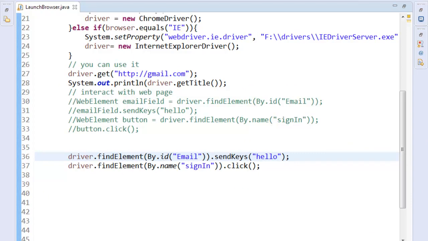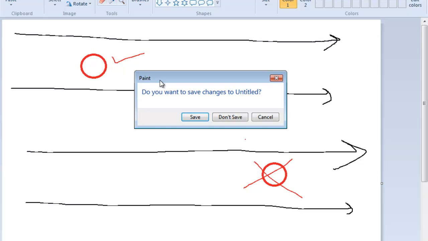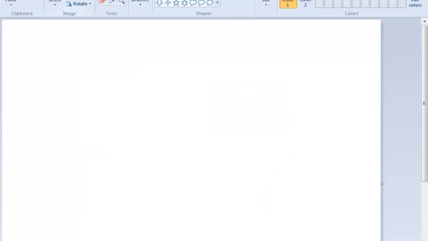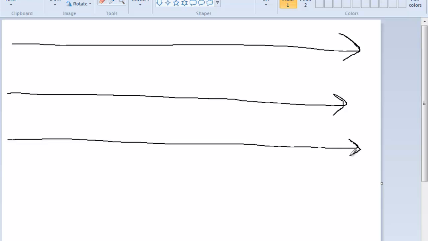Look, what happens is when Selenium scans the page, I've drawn this diagram for you. When Selenium scans the page, it scans from the left to the right side like this, and it scrolls down.